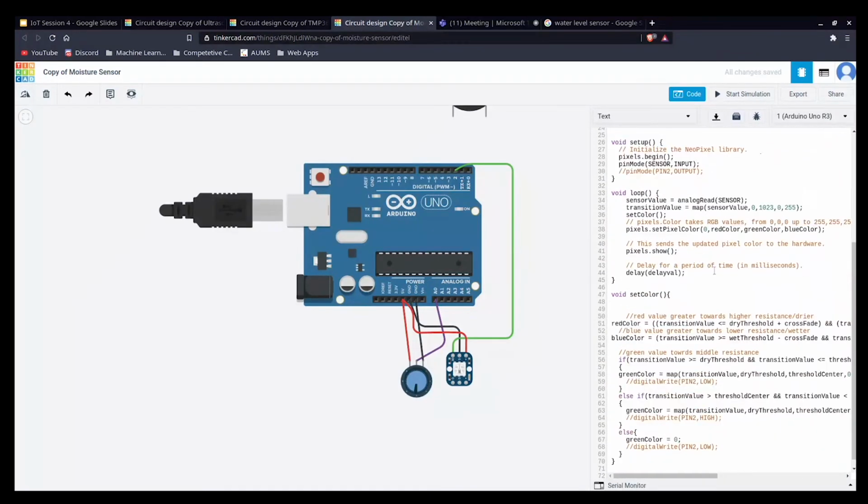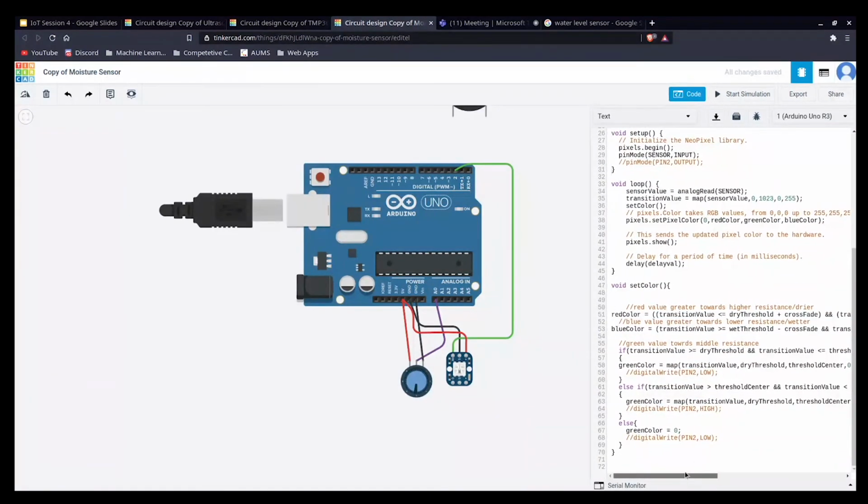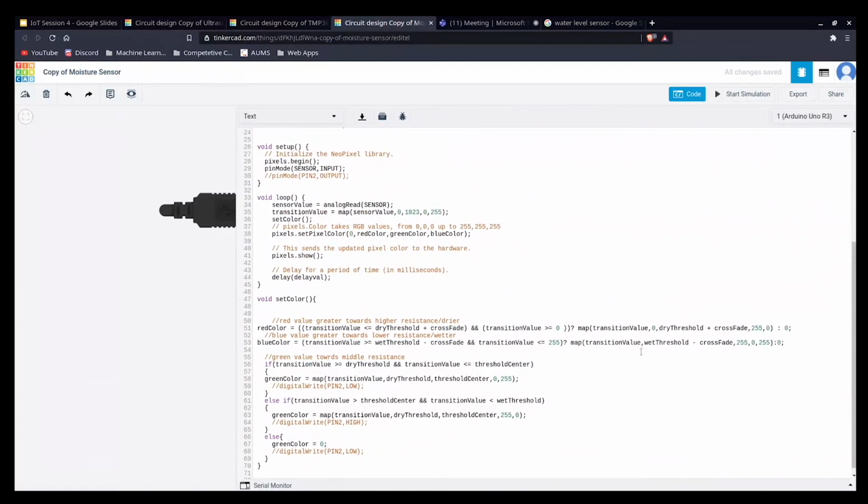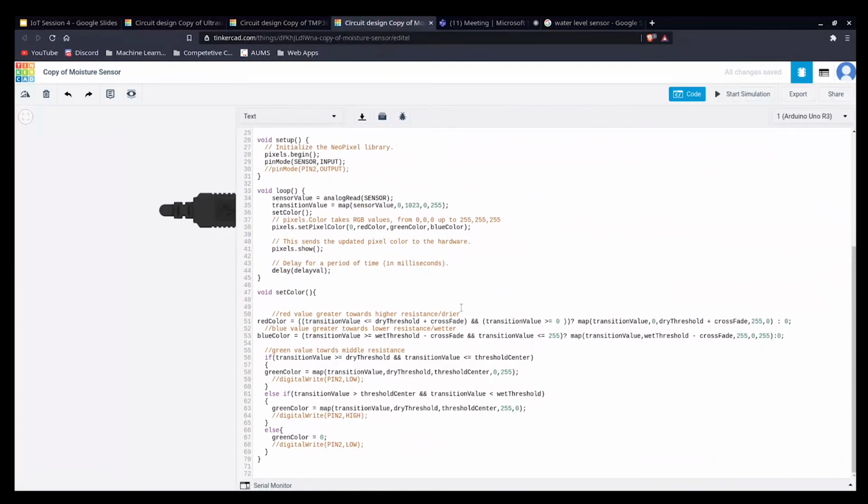I'll just shift it open. We are using this map function for converting the transition value between 0 and the dry threshold plus crossfade, to between 255 and 0, where this crossfade is for changing the color.